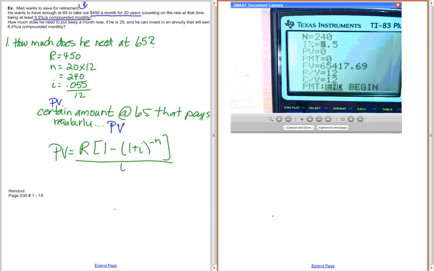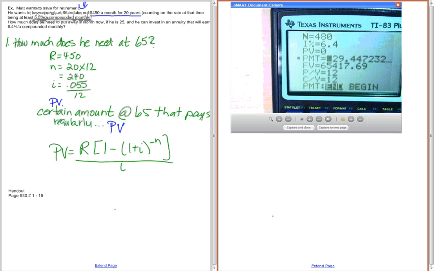His interest rate at 25 years of age is 6.4%. And he is planning on making these deposits regularly for 40 years. 40 times 12. What is that regular deposit that he needs? I'm going down to payment. And that's going to come out of his pocket, so that should be negative. Let's make sure we get the same answer. Alpha, enter. Yes,